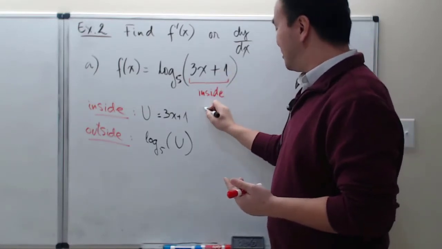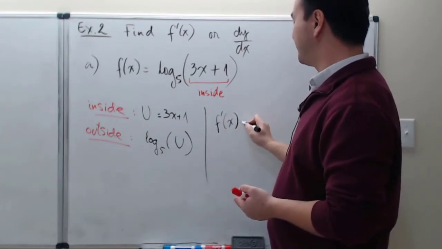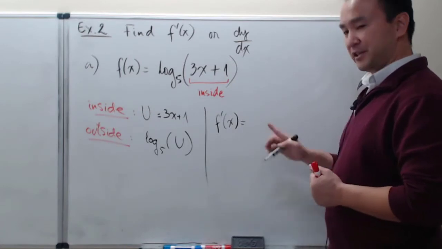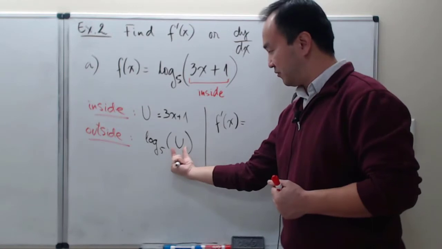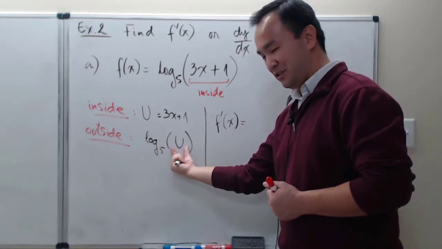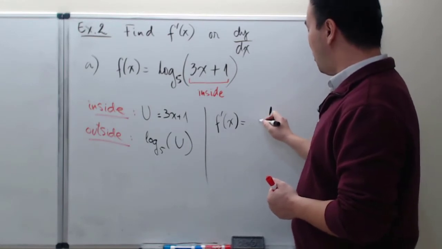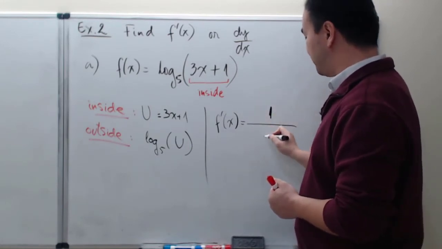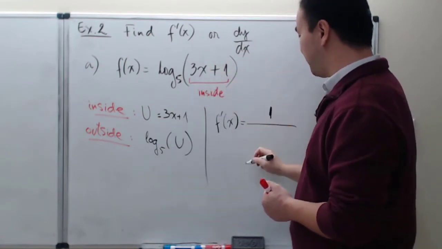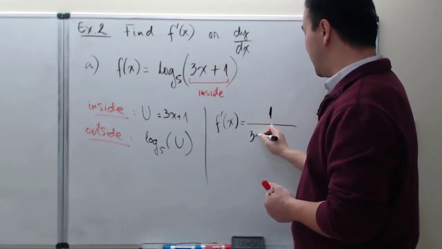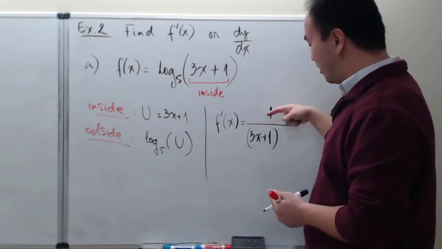So my f prime is going to become... The chain rule says first we take the derivative of the outside. My outside function is here, with my temporary variable being u. So it's going to be 1 over, but instead of writing the 1 over u here, we're going to write the original meaning of the inside function. So it's going to be 3x plus 1. As I said, it could have been 1 over u times